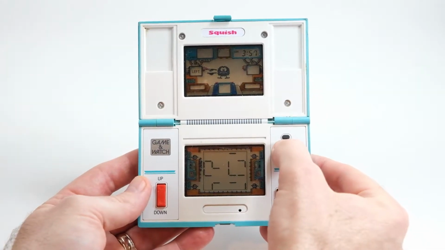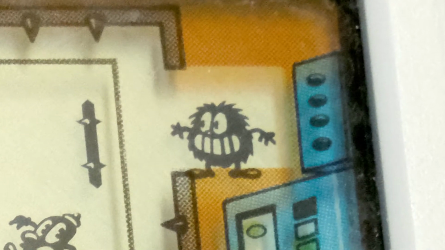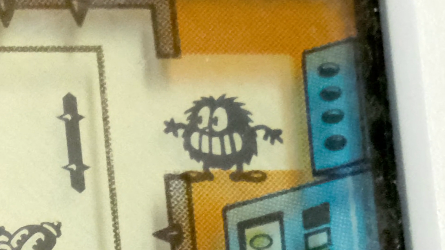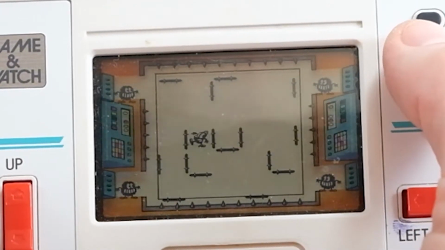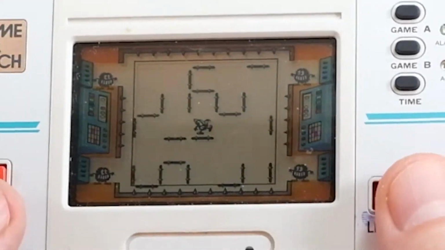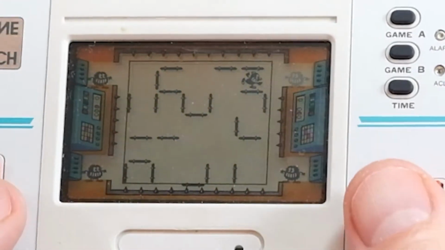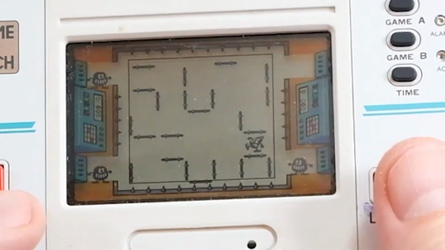Let's do Game B. Now, once we click on Game B, check out these little maze rats, or whatever they're called. The maze poofs, the mini grumpies, I don't know. Anyway, it's your job to navigate and zap them out. You see, if you can make your way over to them and